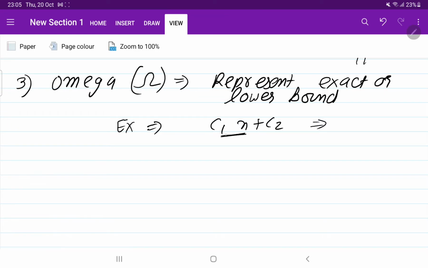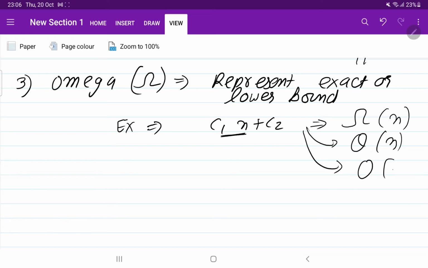So you are sure that it is taking omega of n time. You can also write that it is taking theta of n, and you can also write that it is taking big O of n. All three are correct, but we use omega when we are trying to represent a lower bound. Now how the lower bound works, I will make clear.